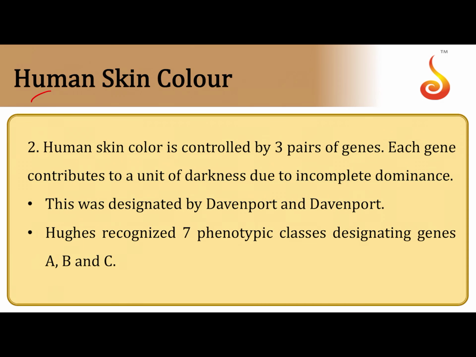Okay, so yet another example for cumulative genes or polygenes. Cumulative or polygenes refers to many genes. There are many genes, more than one gene, which control the same character. So please remember, you can easily remember by the word poly. Poly means many genes. So there are more than one genes which are controlling the same particular phenotype or the